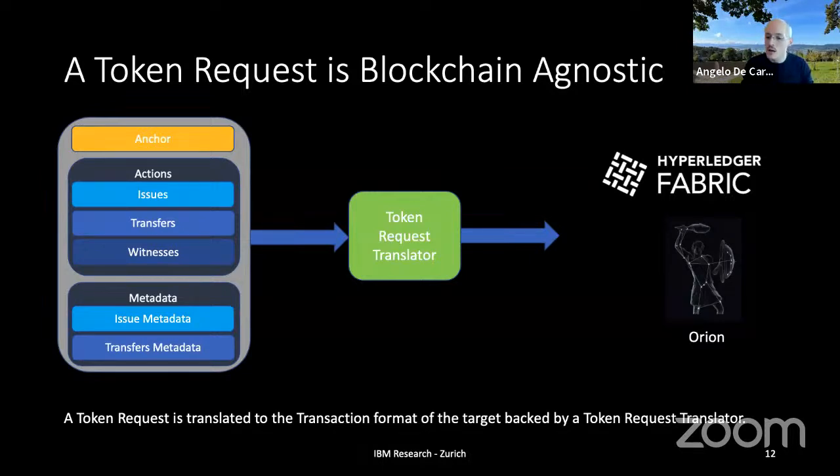For Orion, it can be another data structure. Actually, Orion also supports a sort of read-write set. What is important is that the metadata are stripped out by the token request translator, because you don't want to store secrets on the backend. These secrets are just for the parties who have been involved in a specific